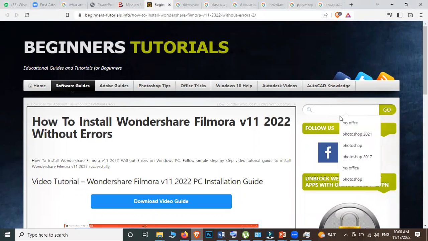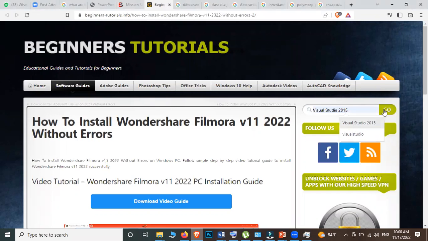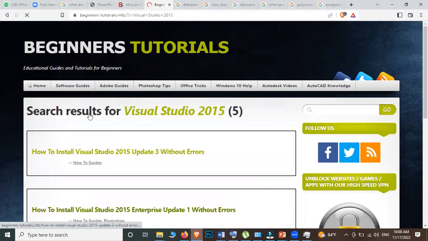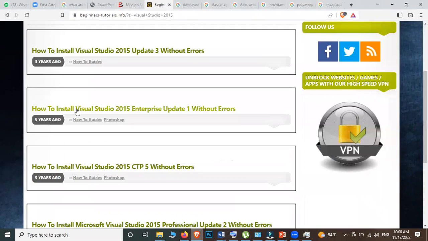Okay, you search for Visual Studio. Soon after you type Visual Studio and search for it, you will be able to see this. What you do is click on one particular link. When you click on one particular link, it will show you the way.